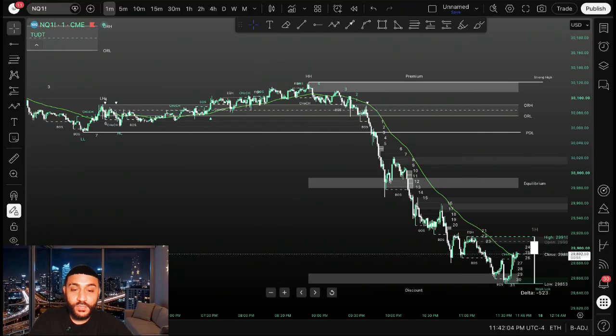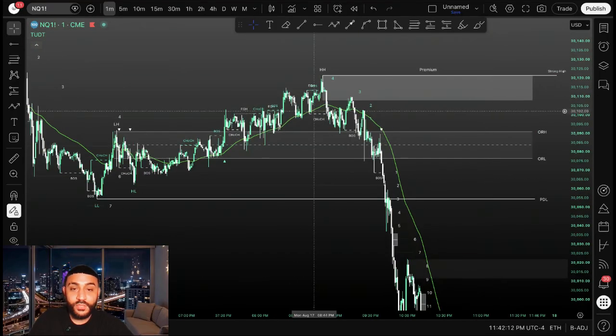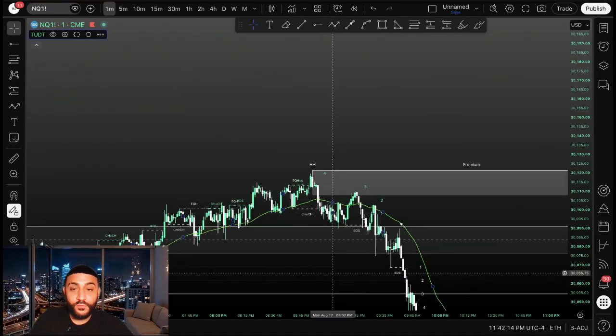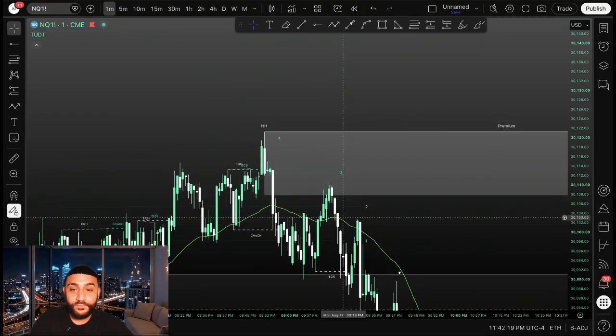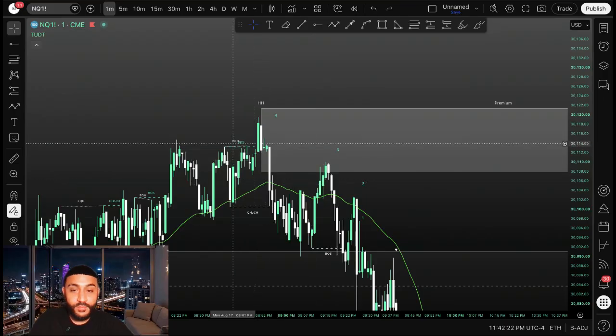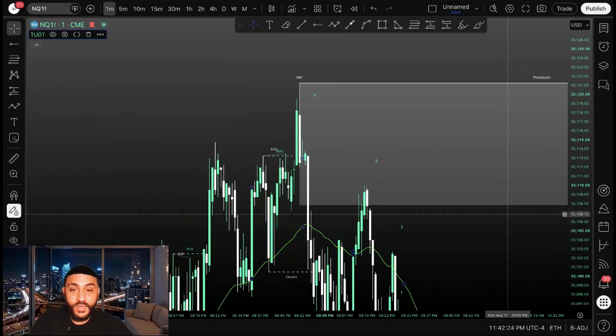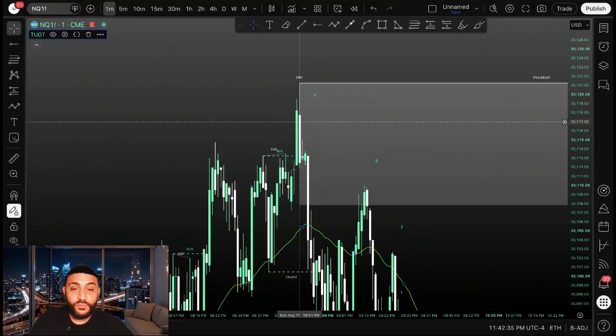What we're going to also keep our eye on is the break of structures and change of characters, because that's how we're going to know when we're ready to actually make the move. Now, another indication that I like to use is the equal highs or the equal lows. What I mean by that is price will actually make an equal high, and the indicator will automatically pretty much alert you of that. So the moment that you see the equal highs, then you know that the move is going to start to be formed here. Doesn't mean it's already right at that moment, but you can now start paying attention,